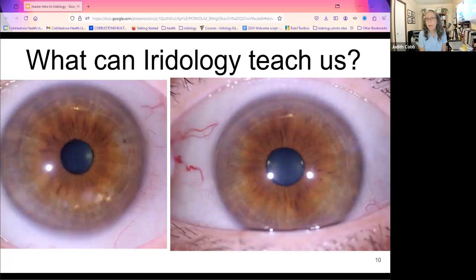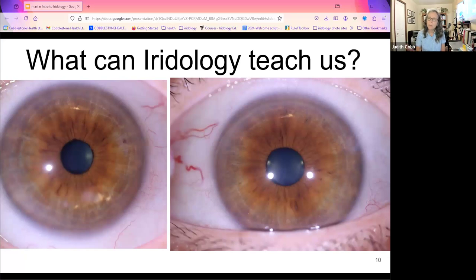So what can iridology teach us? Well, again, the irides, which is what we're focusing on today, teach us about inherent predispositions, what has been passed down from the past 3 to 4 generations. So this person's eyes tell us that she is prone or predisposed to spending a lot of time in the sympathetic nervous system. So she is often on that edge of fight, flight, freeze, or fawn, right? Just at that edge, ready to just respond at a moment's notice, right? Usually respond much bigger than what the response needs to be.